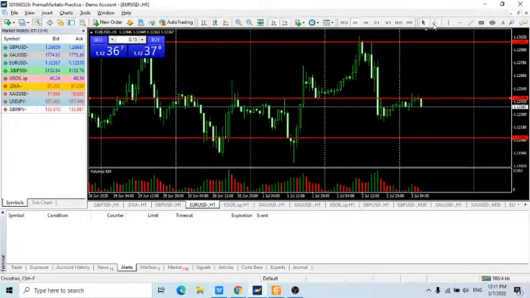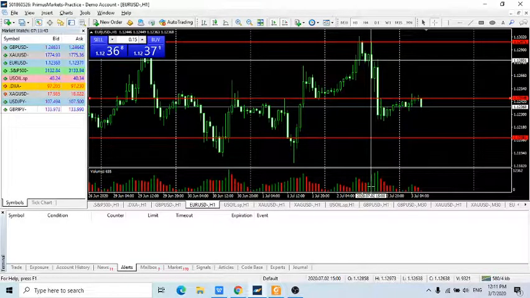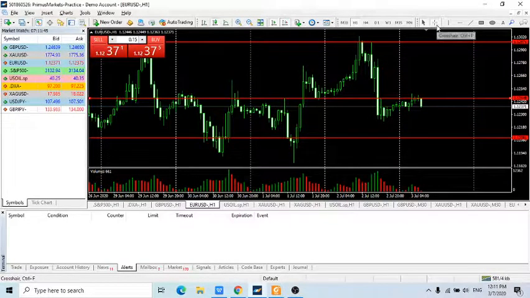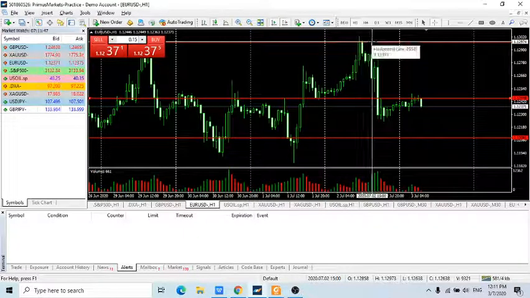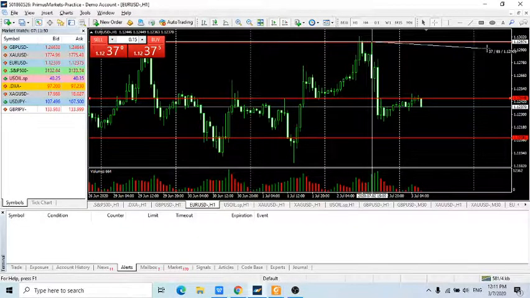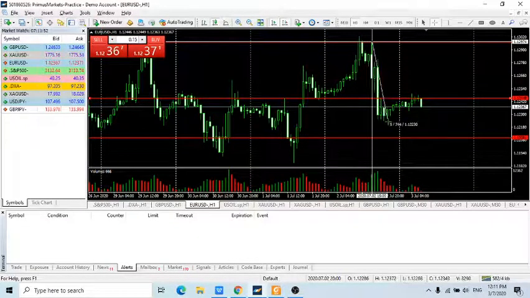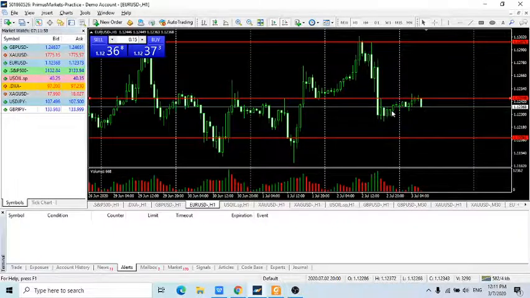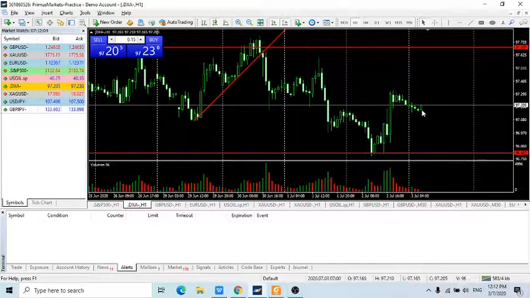Towards the US trading session at 1500, again at about 8 p.m., the euro dollar comes down from 1.1297 all the way to a low of 1.1223. So it came back down 74 pips and gone quiet, and currently it is slightly bearish as the US dollar is slightly moving up.